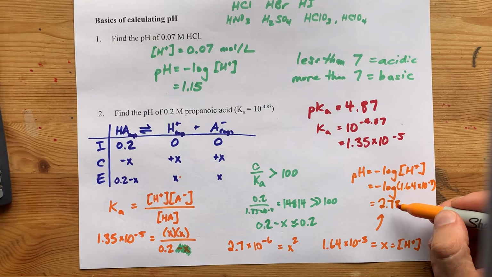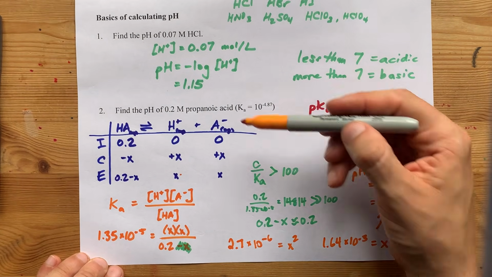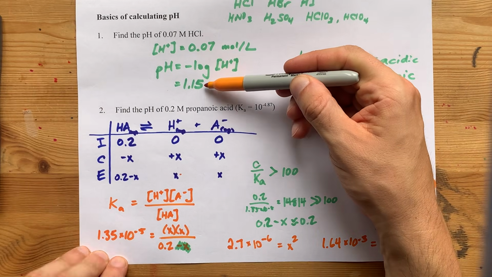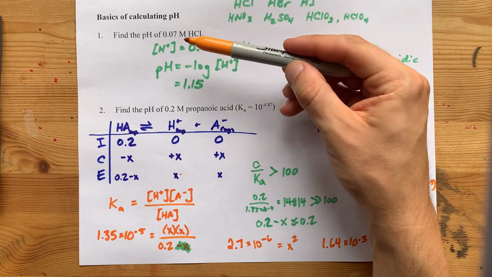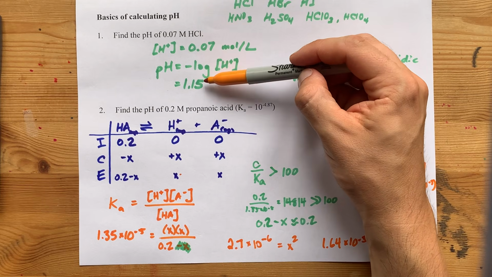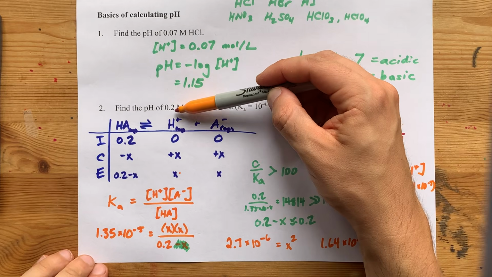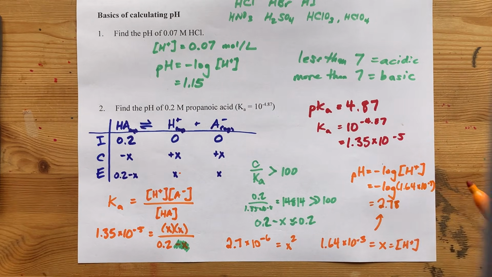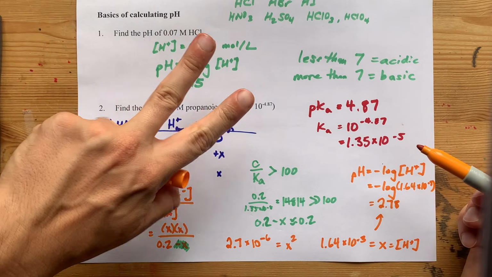Cool, that's still acidic, which makes sense because it was an acid, but it's less acidic than this one was. Note that a lower concentration of strong acid was able to give us a more acidic pH than a higher concentration of weak acid. Now that's just the way the math panned out, but overall,